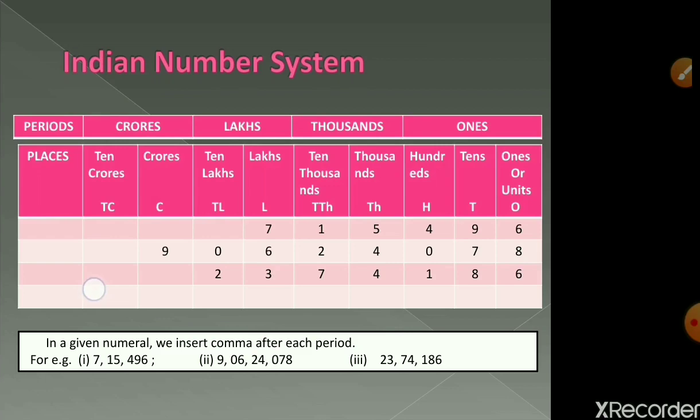When a group of digits is written together, it forms a number and hence it's known as a numeral. Indian number system. The Indian number system is divided into two things, that is periods and places. Now, starting from the right hand side, you can see what are the periods, that is ones, thousands, lakhs, and crores. Under ones period, we can see three divisions or three places, that is ones or units, tens, hundreds. Under thousands period, there are two places, thousands, 10,000s. Under lakhs, there are two places, that is lakhs, 10 lakhs. And under crores, there are two divisions, that is crores and 10 crores.